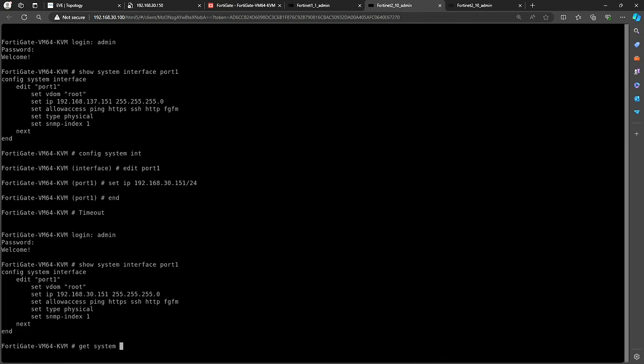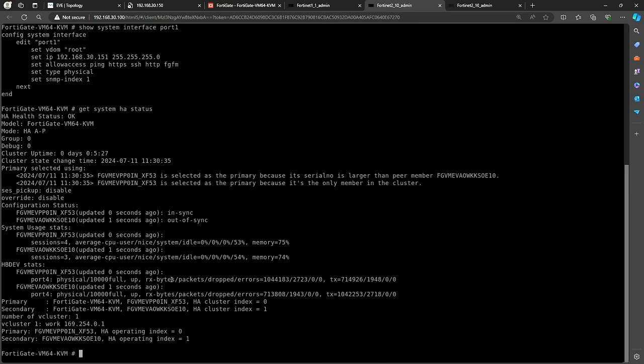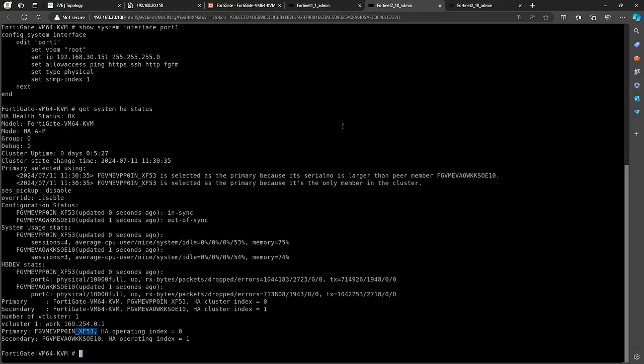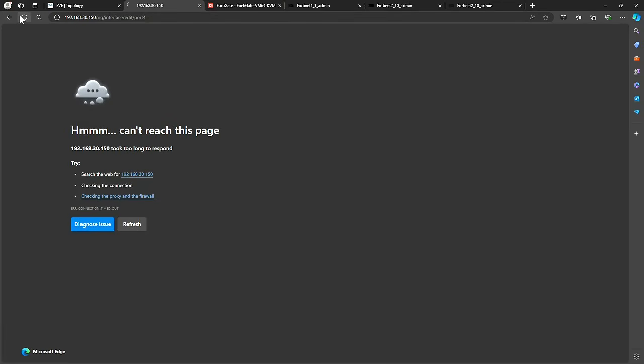Get system HA status. It says the primary is XF53. So both say that this XF53 is the primary. It means they have agreed that this is going to be primary and the other one is going to be secondary. Okay. So now if I refresh this